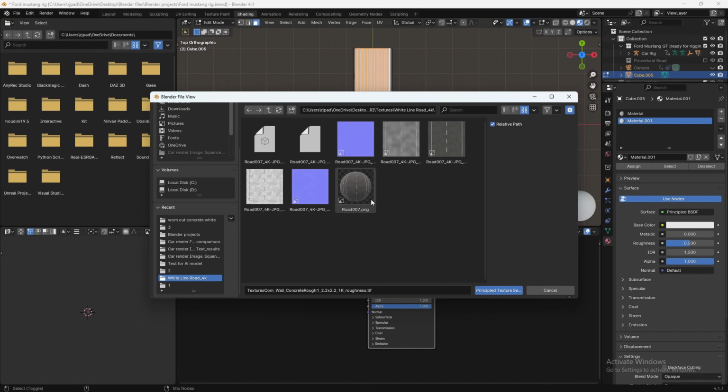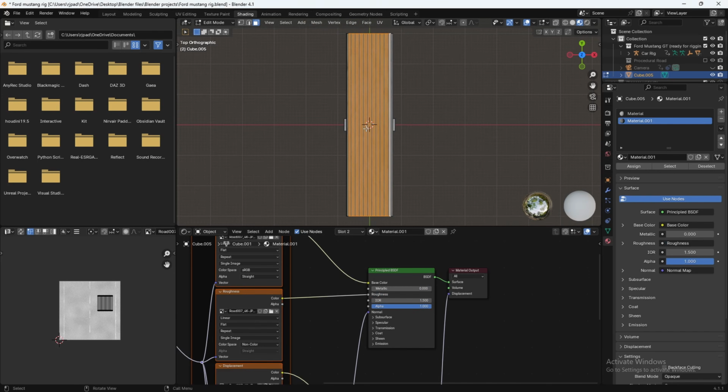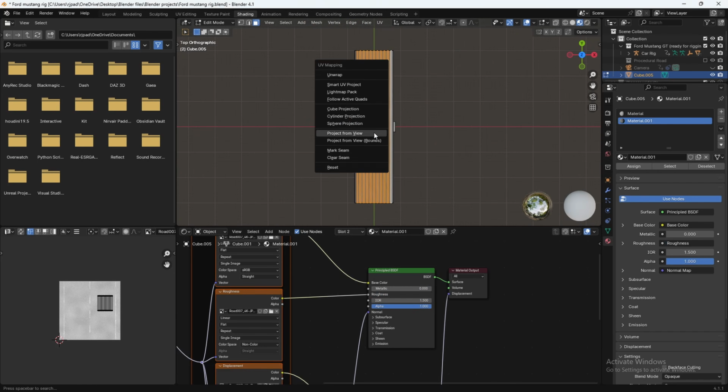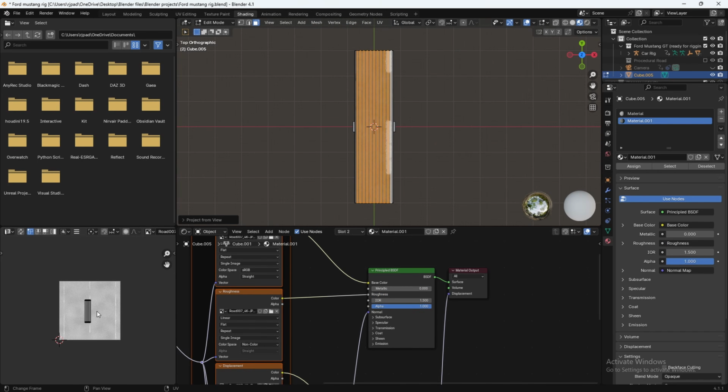So just download it and then save it to a folder and apply it like I'm doing right here. So select these materials here and hit apply. We just got to do the same thing. We got to hit U, project from view, and then go to this window and we can just shape it